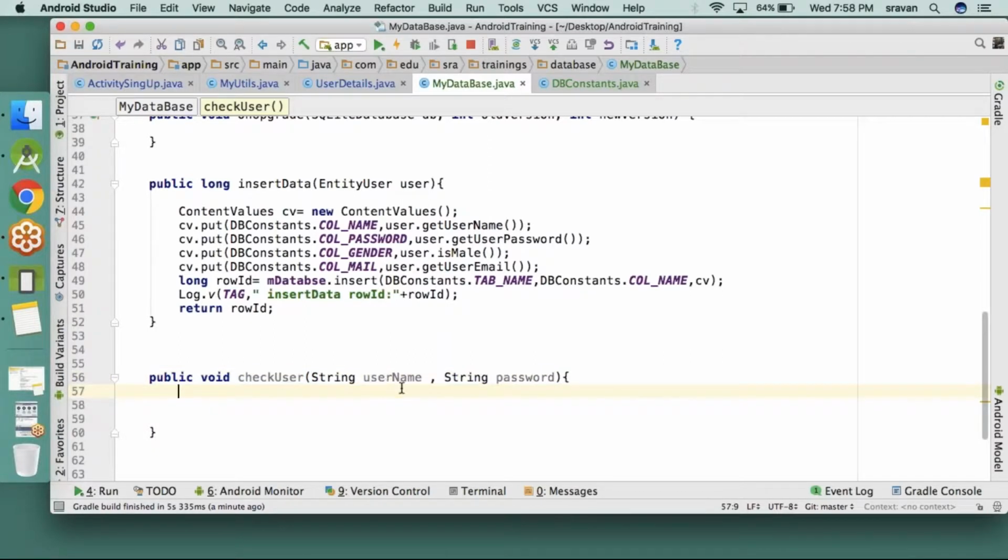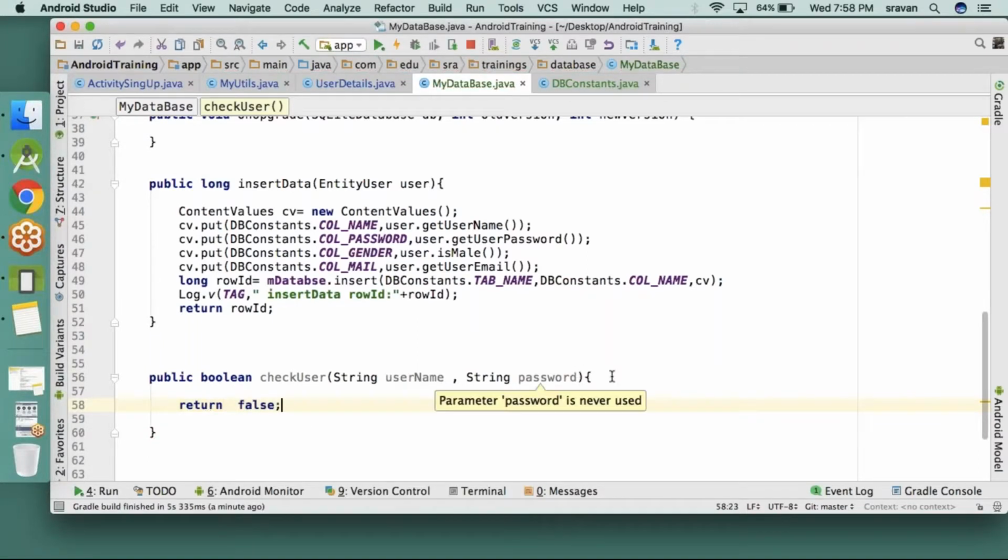Now my intention is, whatever username and password I have given here, I need to check whether both are available in the DB or not. If it is success, I need to return something; if it is failure, I need to return something. I want to return a boolean value, return false by default.